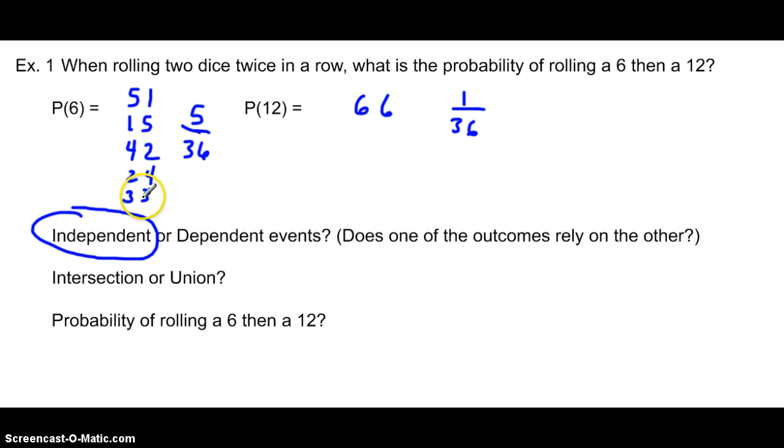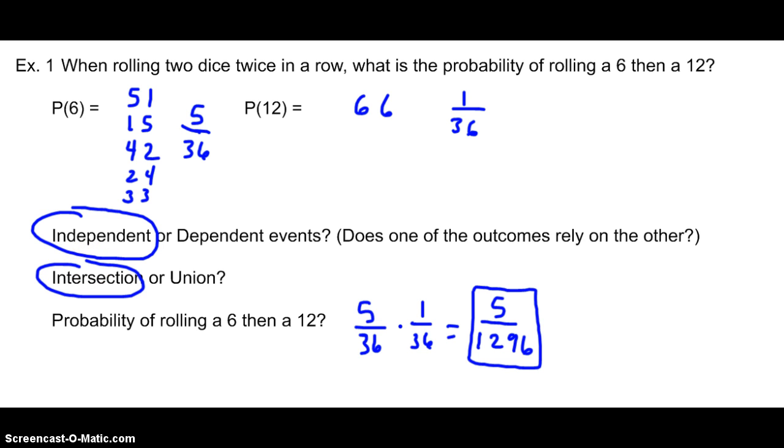So out of all the possibilities of throwing 2 dice and getting 6, there's 5 options out of a total of 36. The probability of getting 12, and the only way you can get 12 with 2 dice is 6 and 6, is only one option out of 36. So in these cases, these are independent, and they'll be intersections. So here we would multiply the two probabilities and get 5 over